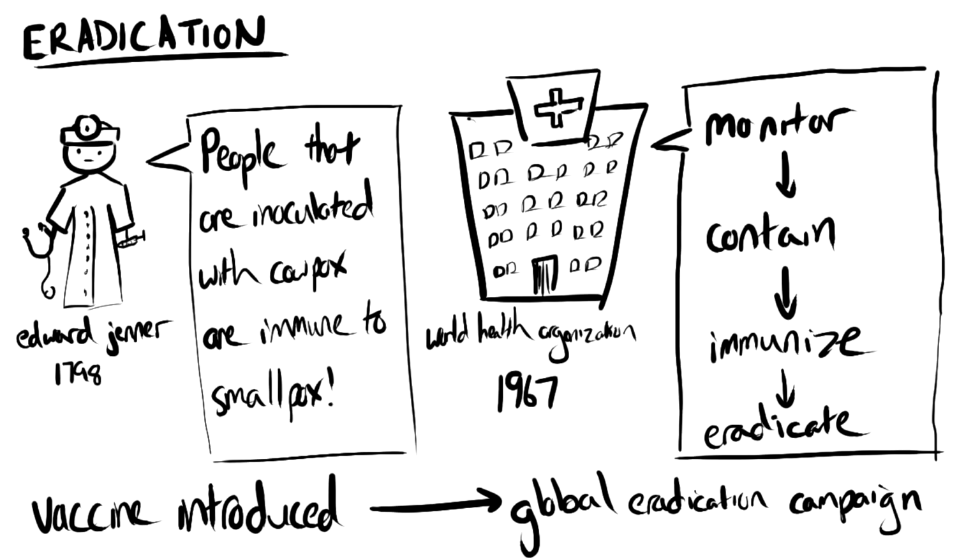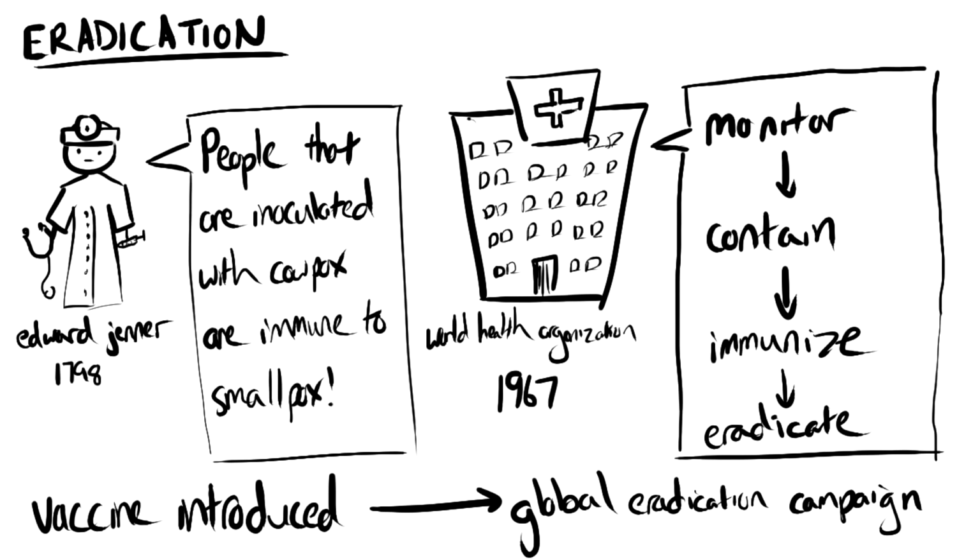Smallpox was eventually eradicated though, and it started in 1798 when Edward Jenner realized that people that are inoculated with cowpox are immune to smallpox. And then in 1967, the World Health Organization began their campaign to eradicate smallpox from the world. It worked by monitoring outbreaks, containing them, immunizing the affected population, and eventually over time it would eradicate the disease